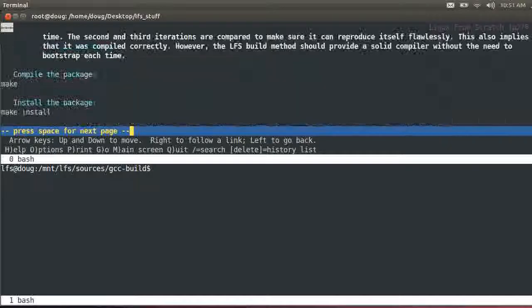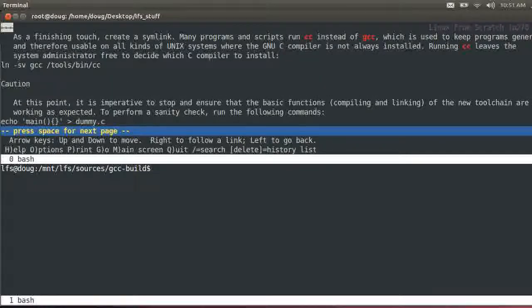And now we have to create a link. Create a symbolic link for both GCC, tools, bin, CC. Okay, and we have to perform this check again. When we say echo main into dummy dot c,